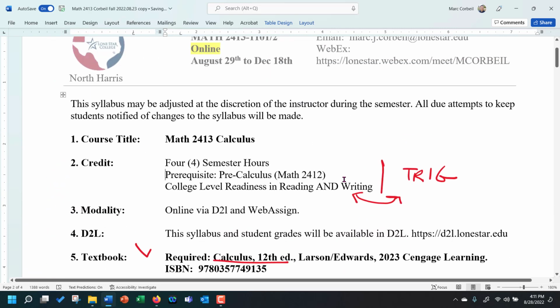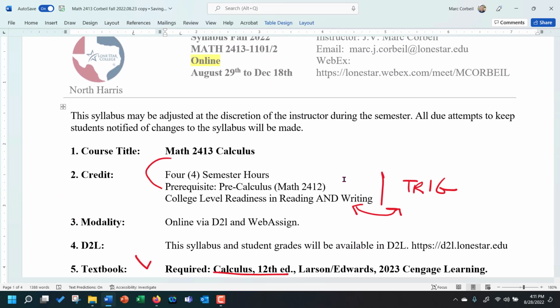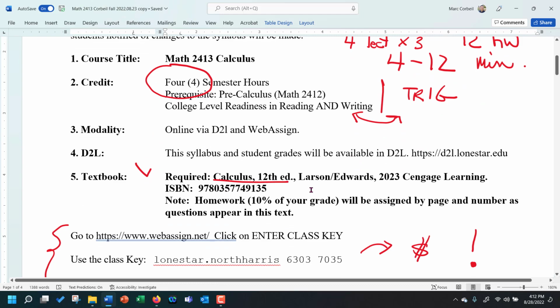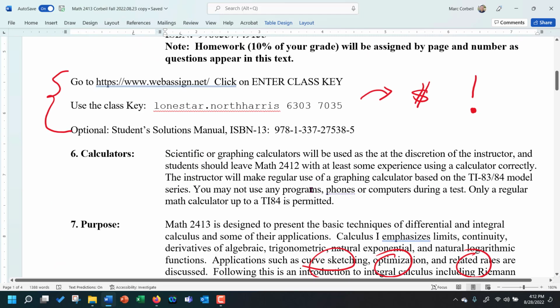Remember that this is, go back here, a 4-semester-hour course. Now I have to remind people every semester that what that means is that you're expected to do 4 semester hours. So that is like 4 lecture hours per week, and you multiply that by 3, and that's 12 practical or homework hours. So you should be expecting to spend somewhere between 4 and 12 minimum hours per week on this class. If you're not prepared to do that, you're going to have a hard time in the class. That's what the credits stand for.